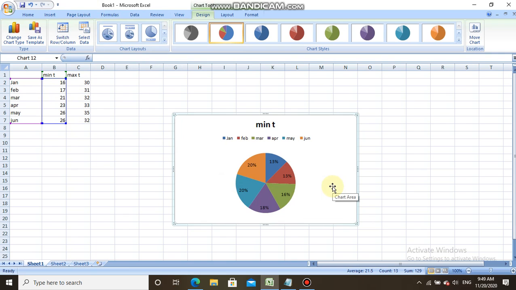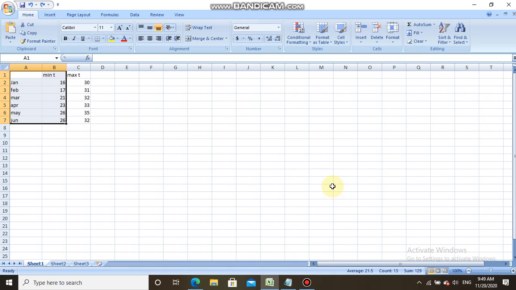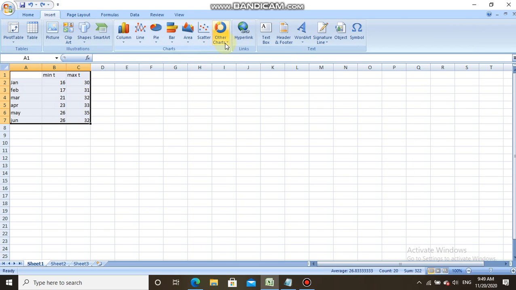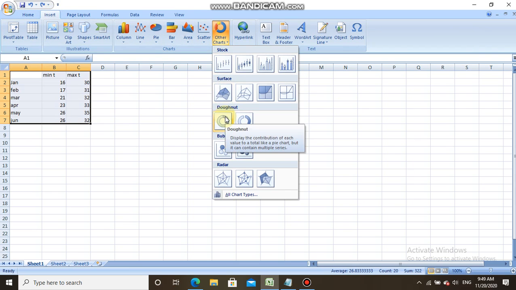Okay. The next chart name is the donut chart. The main thing about the donut chart is that you can choose more than one data series. You can choose more than one data series. Insert tab, other charts, is the donut chart.